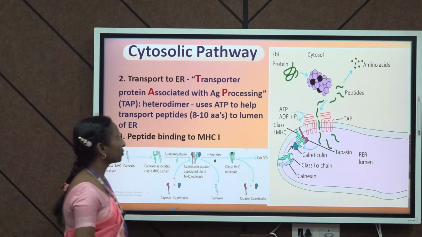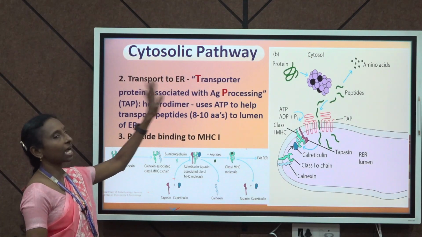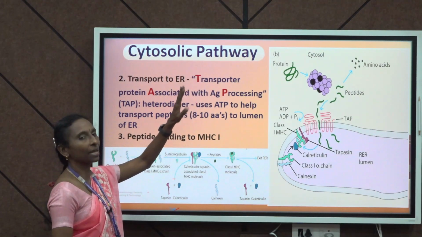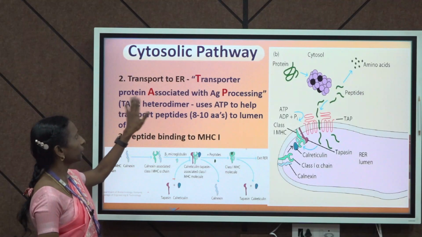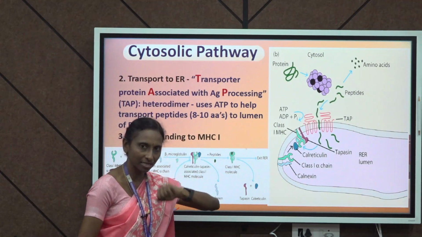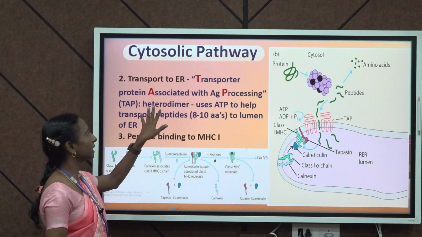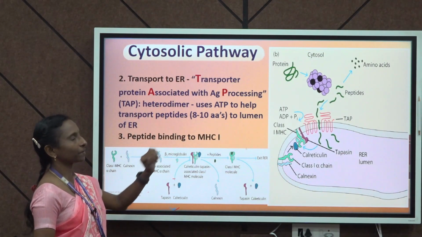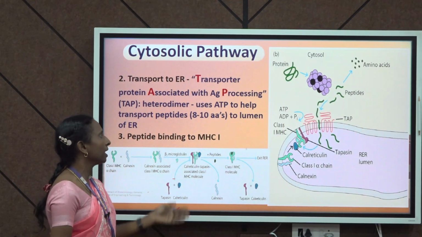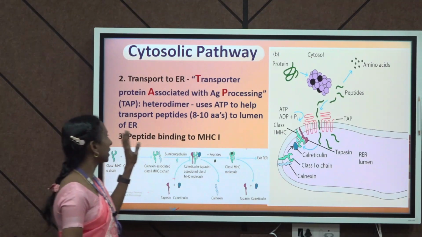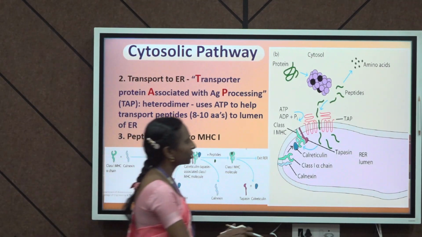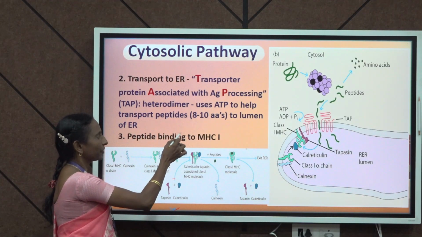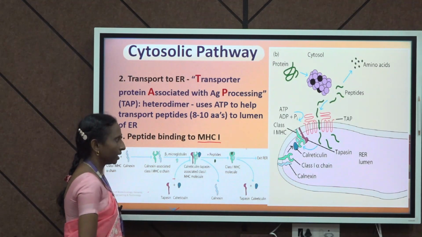In the next step, the peptides are transported with the help of TAP, which is an abbreviation for transporter protein associated with antigen processing. This TAP is basically a heterodimer which uses ATP and transports peptides approximately 8 to 10 amino acids long to the lumen of the endoplasmic reticulum. Once it reaches the lumen of the endoplasmic reticulum, the peptide will bind with MHC class 1, and for